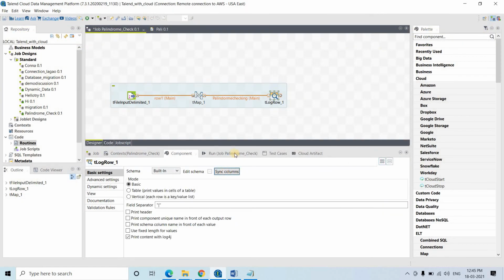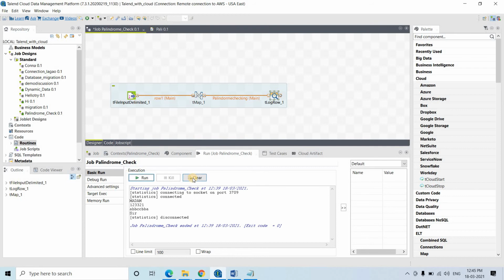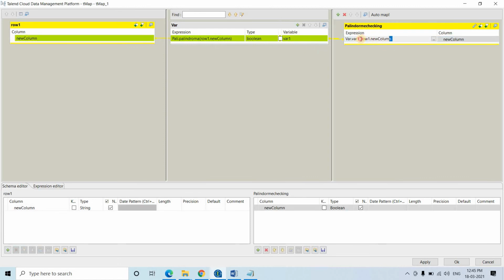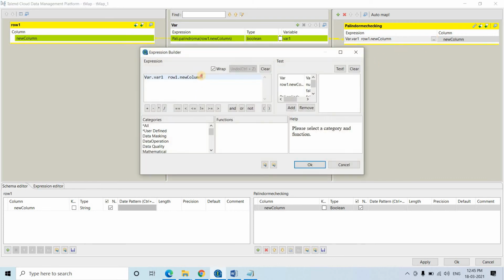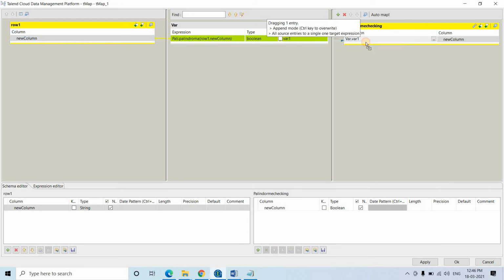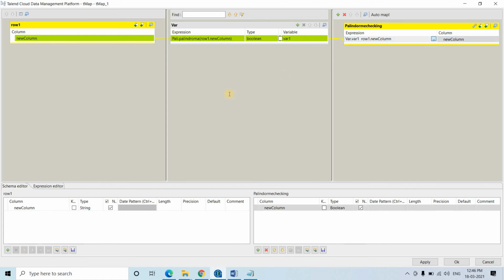In tLogRow we have to sync columns, and then one more thing we can do to show this in a better way, we need to map this also. Okay, sorry, not this way. So here what we can do, just drag this and drop this here, but it is dropping in the same location.